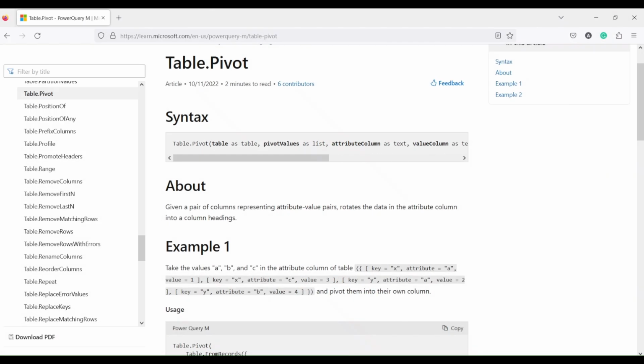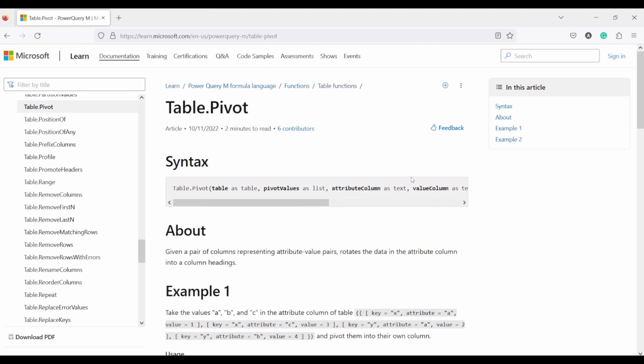Hello and welcome to another video on the beginner tutorial series. In today's video we are going to discuss one Power Query function, and the function is Table.Pivot. Now you might have done the pivot table code in Power Query many times, like you go and do it from the menu. Now what we are going to do is do this pivot code manually today using